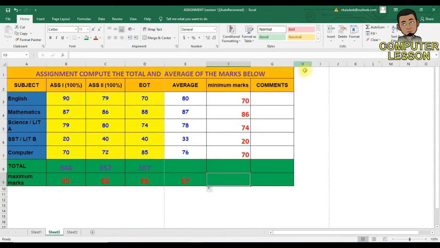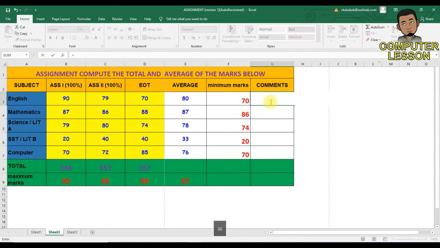Then finally, how we can put the comments. The main thing was about the comments. Here we can just write equal sign.